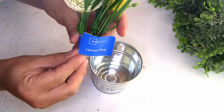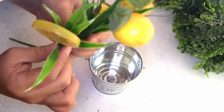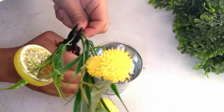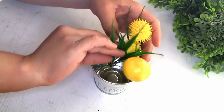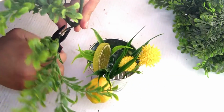And I grabbed these beautiful lemon picks that I got at Walmart, and I'm going to cut the stems and place them inside. Once I placed them, I felt it was missing something else, so I grabbed a few other greenery pieces and placed them inside. It was a really simple and easy project,